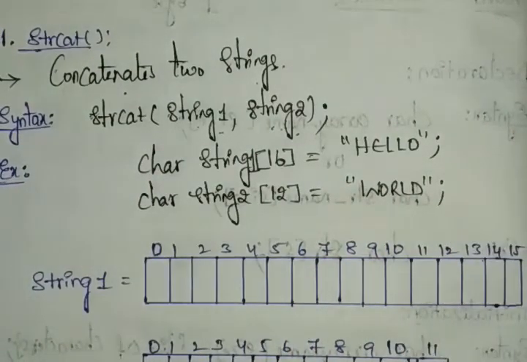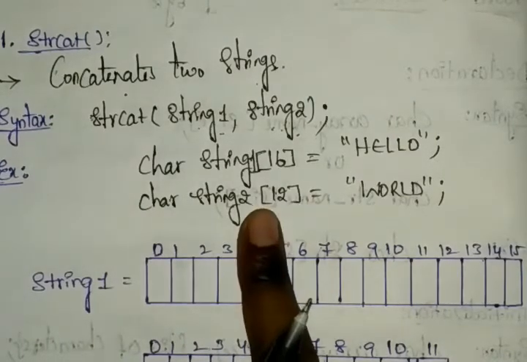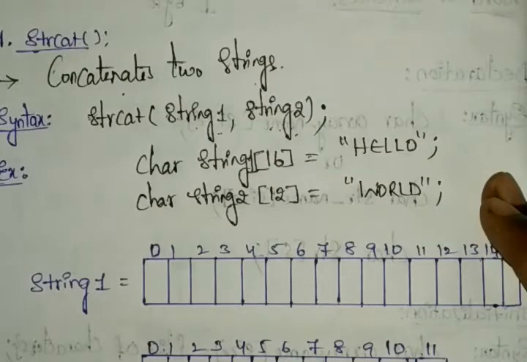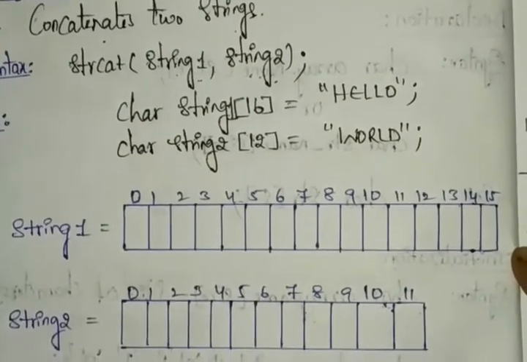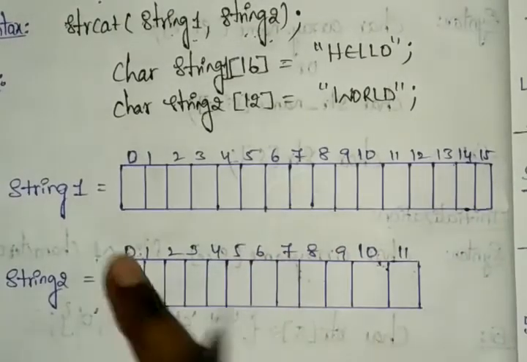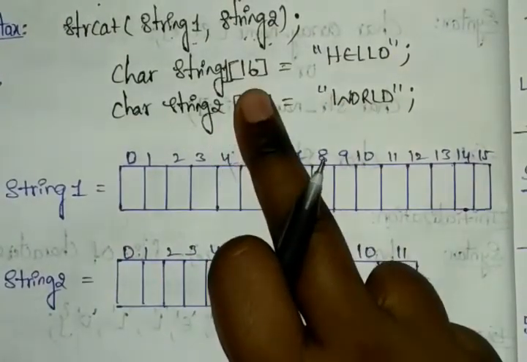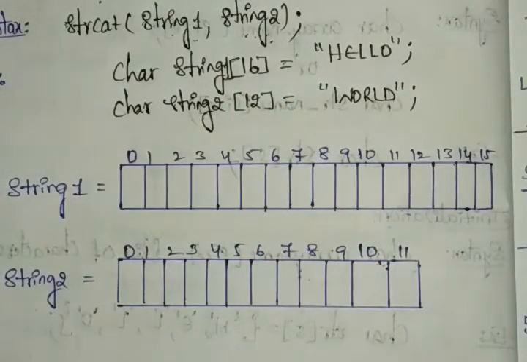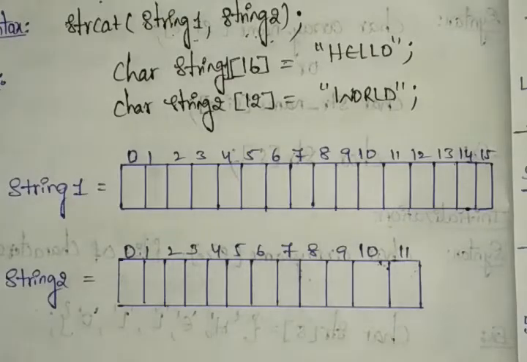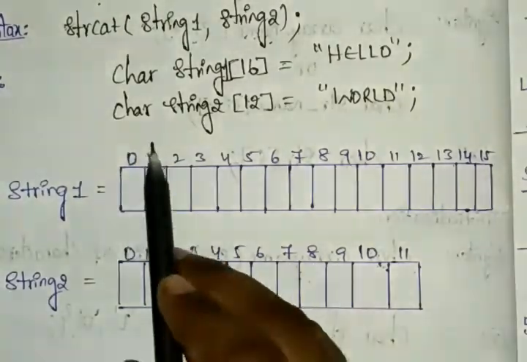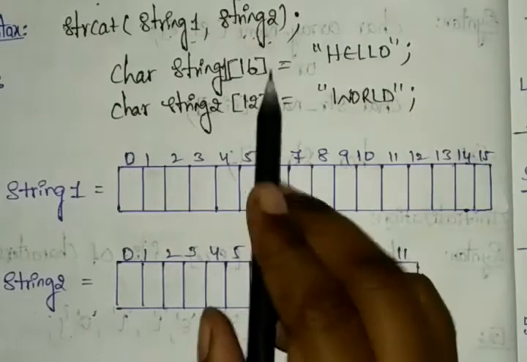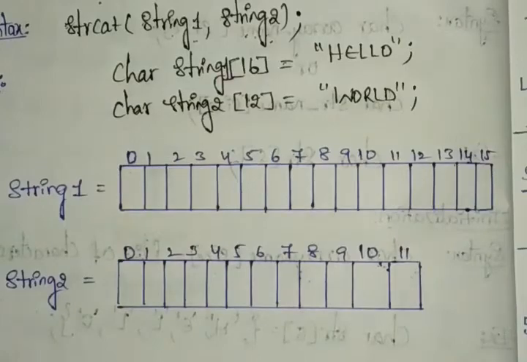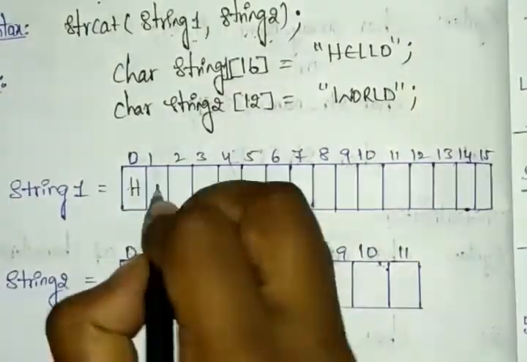Okay. After the completion of that, I'm giving the example of how these values are assigned into our one-dimensional array. Let's see. First, string1 has size 16. The array index always starts with 0 and ends with n minus 1, right? Here we start with 0 and end with n minus 1, so 16 minus 1 means 15. Yes, and we have the word hello. You can write here HELLO.